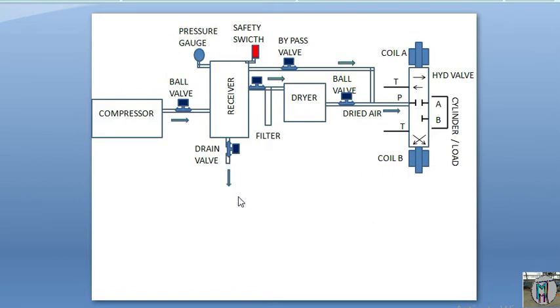The drain valve is for when air comes into the receiver, some moisture in the air will collect, so we open this valve once or twice a day, in the morning or in the evening. And after that, whatever air we have in the receiver, that pressure will be released. This is again one valve, to close the pressure and to get the pressure into our dryer.